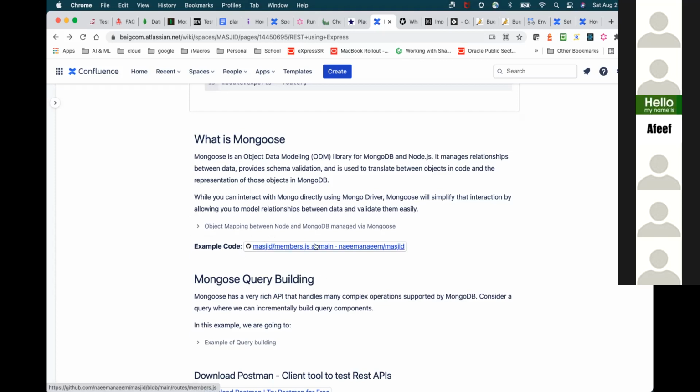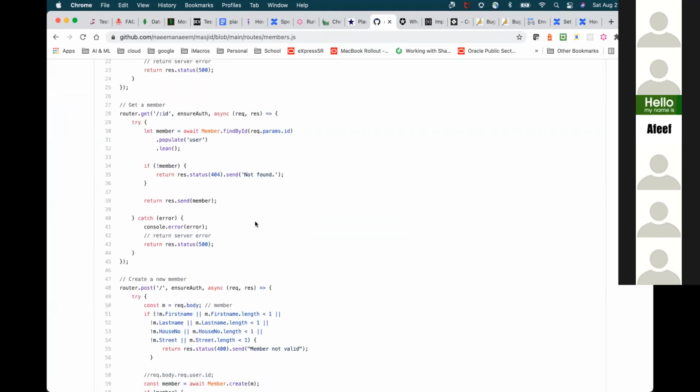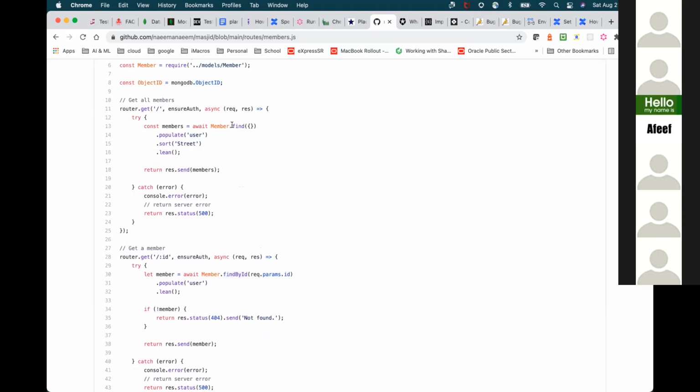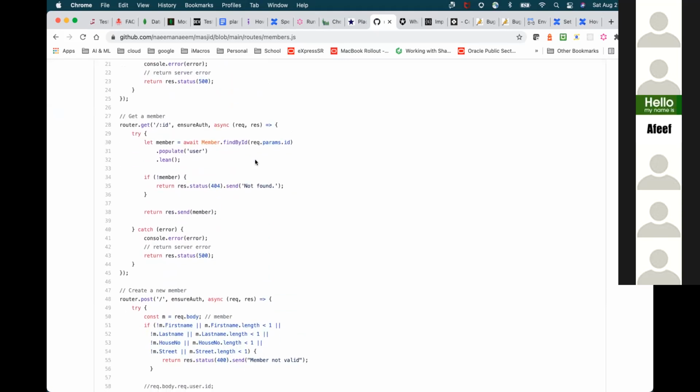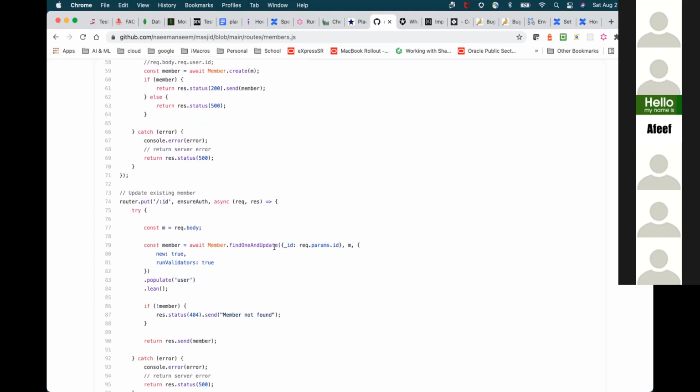And I think I linked our example in this document for you, where you can see that. These are the functions I'm talking about, like findById and find. So you don't have to write a query. Instead, you can use these functions, which behind the scenes call those queries to access the data for you. FindById, and then create, findOneAndUpdate. All these are Mongoose functions which make your life easier, and you don't have to worry about the complexity of the queries.